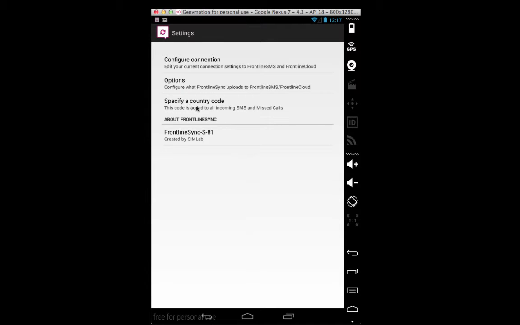Here, you can specify a country code. This code is added to all incoming SMS and missed calls. When you add a contact in Frontline Cloud, we recommend that you add it with the international dialing code in front of it. For example, for Germany, +44. However, some